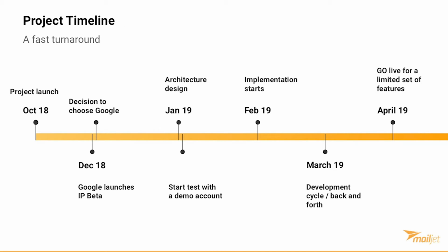In terms of timeline, a long decision, like a 2-month decision, because of what Pierre said, really a lot of pros and cons, so we had to decide wisely. And then the implementation was really fast. Architecture design in January, development in February and March, and as now the product is generally available, we'll be able to launch. We decided not to launch within the beta period because this is our own policy, but well, now it's generally available.